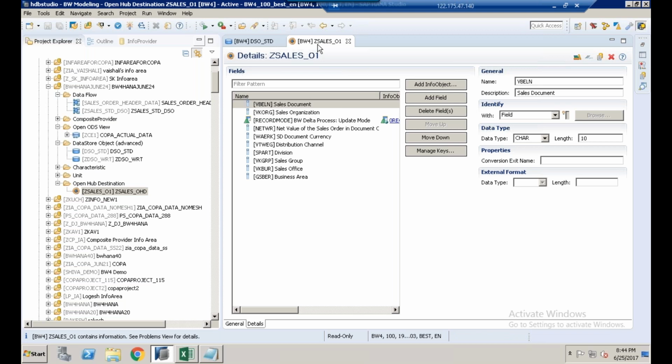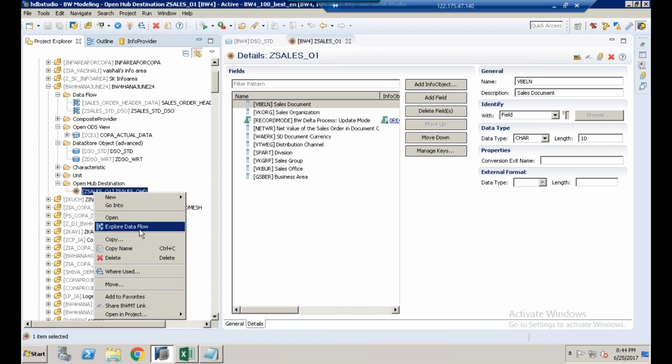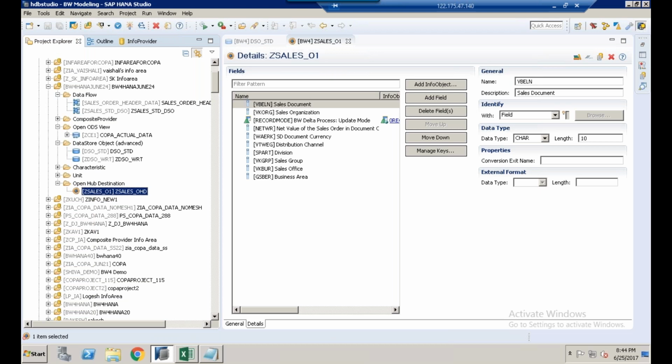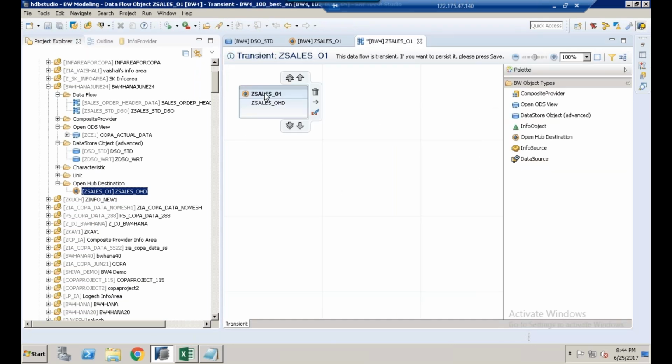But in order to send data to the target, we need to create a flow. So this is the target. Open Hub Destination is the target. In order to create a flow, let us right click on this object and click Explore Data Flow. Once you click on Explore Data Flow,